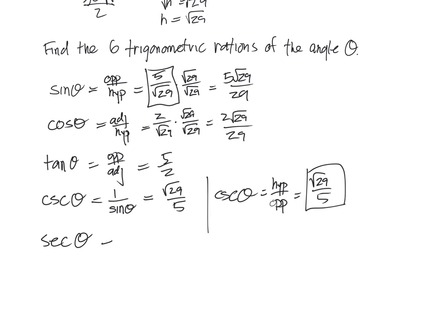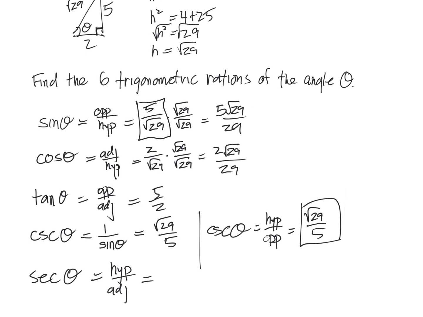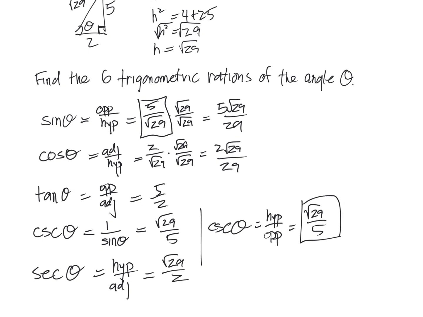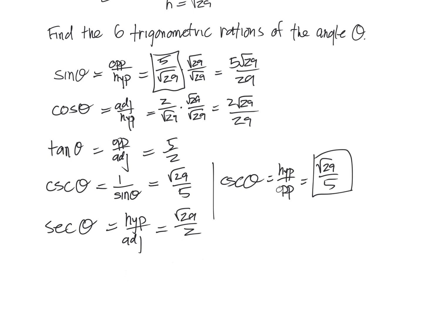Secant of theta, secant, again, hypotenuse over adjacent, or if you wanted to use the other properties. So hypotenuse is root 29, and then adjacent is 2. So that's secant. And then finally, cotangent